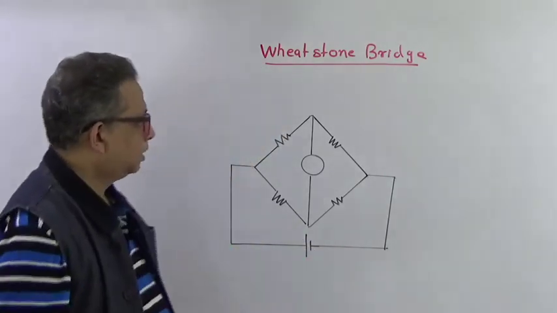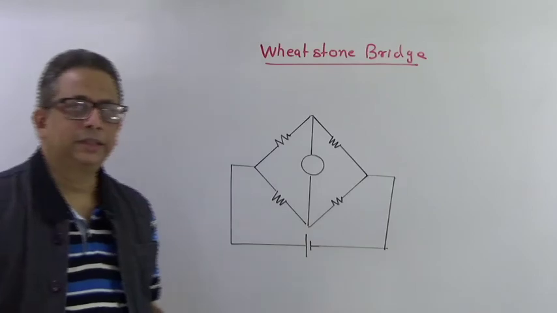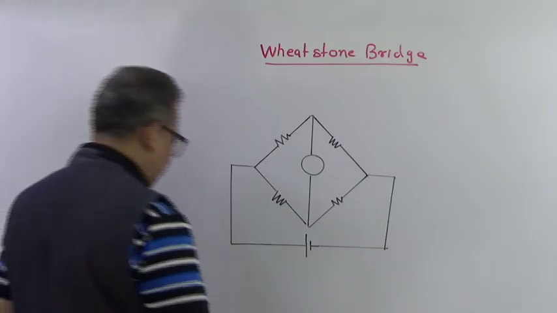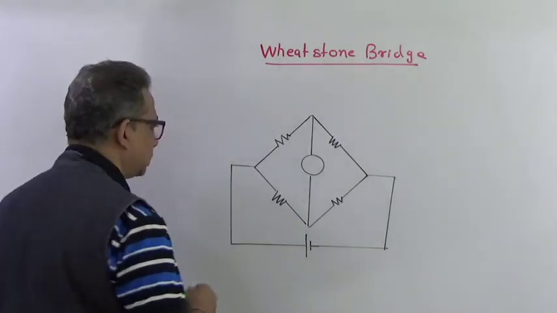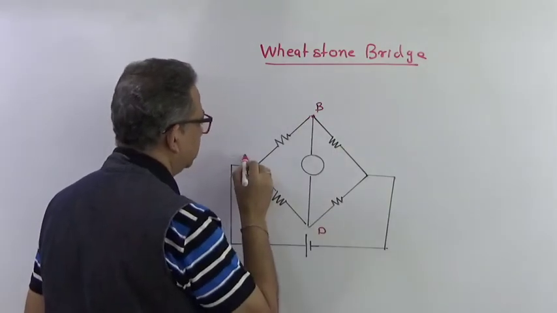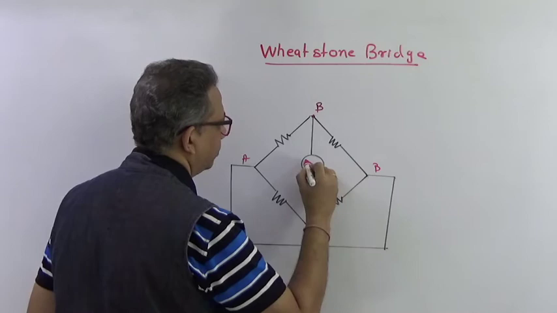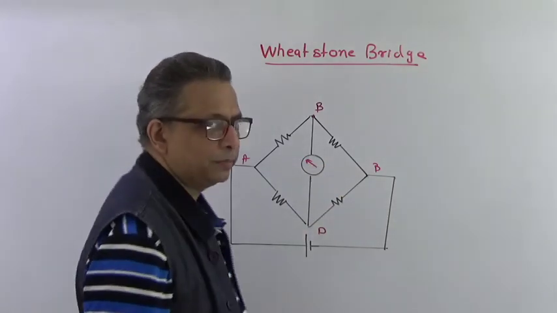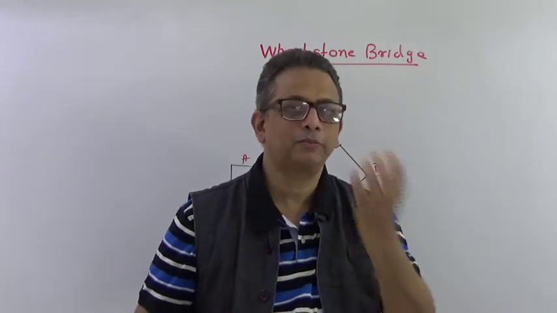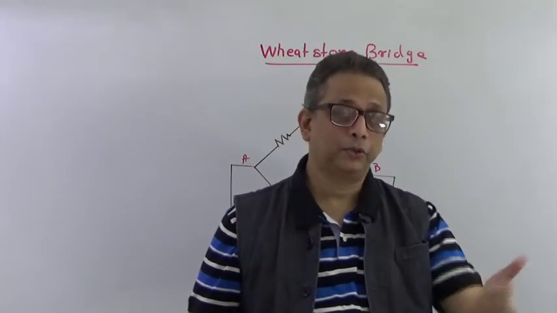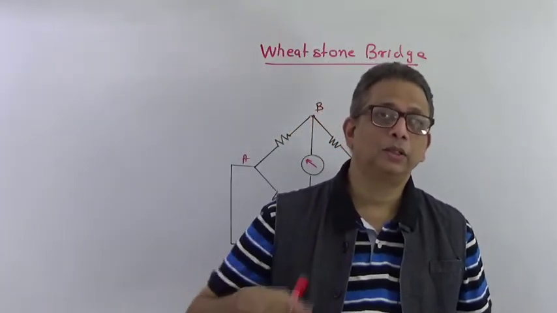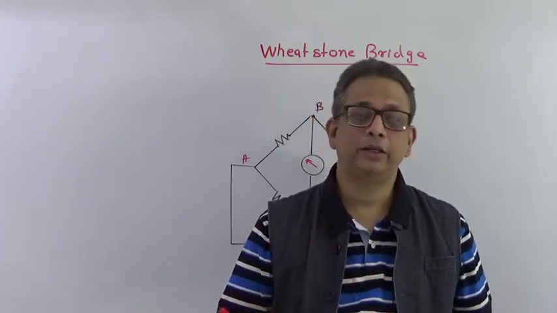Do you see the arrangement of the resistors, how I have placed them in this kind of format? Now here I have connected a galvanometer which is going to measure the current from this branch, that is say B, and this is D, let this be A and this be A. It's a galvanometer. A galvanometer is nothing but a basic current meter which is used to measure very small currents. Subsequently in the next topics we are going to talk about ammeter, voltmeter, and how this ammeter and voltmeter are made making use of a galvanometer.